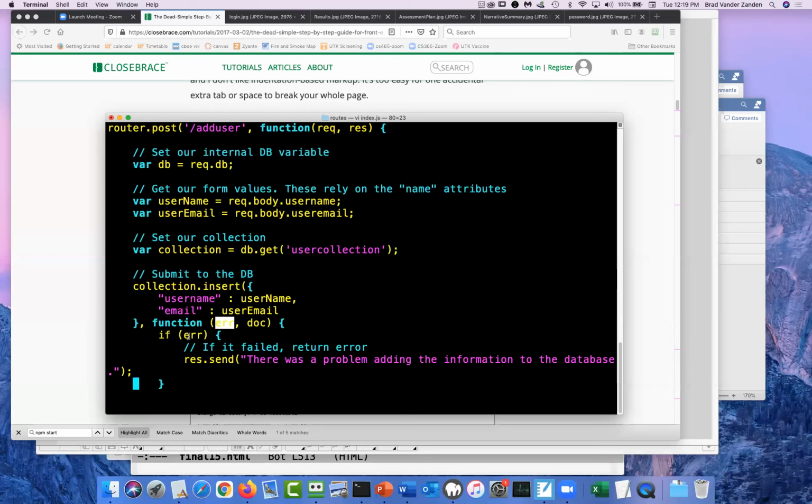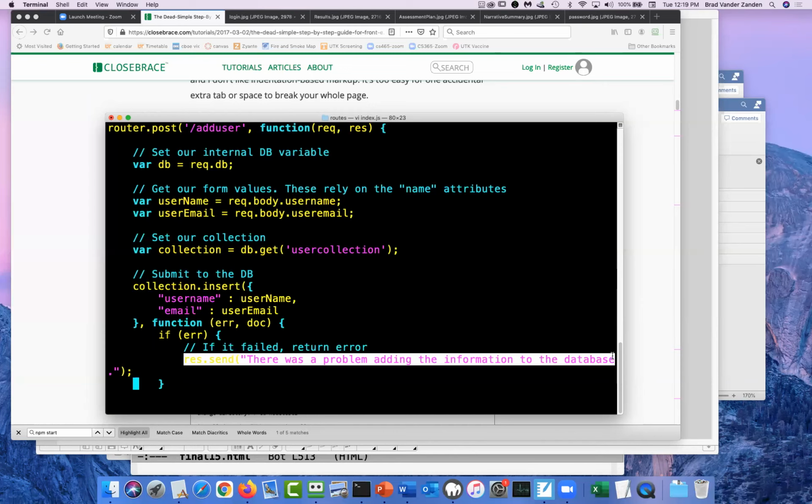If for some reason there was an error and it failed, we do this send, where we render a HTML page that says there was a problem adding the information to the database. And as far as I can tell, this is a lot like document.write with JavaScript.